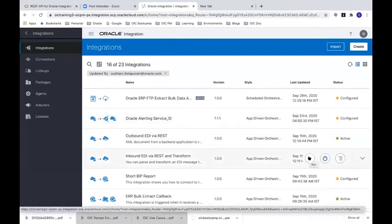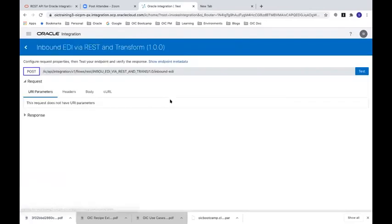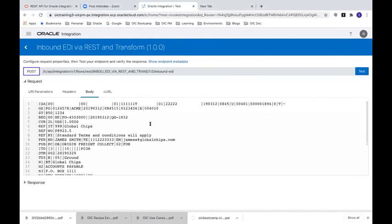If you are new to this feature, for REST services in the OIC console itself, you can test your integration flows. You can click on test, pass the URI parameters if there are any which you have defined, and specify the headers. And for the body, here I'm getting the EDI message, so I'll paste the EDI message,